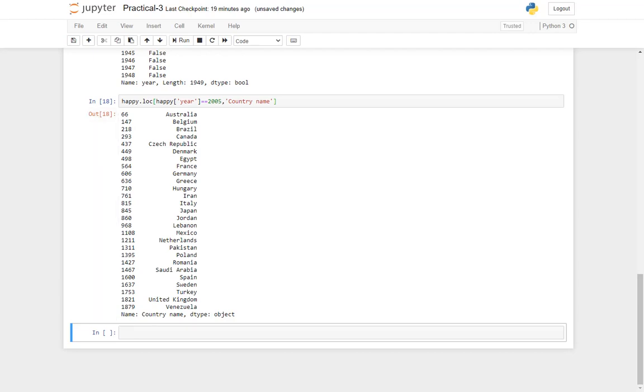Now out of this, I know that these are the countries whose data was recorded in 2005.